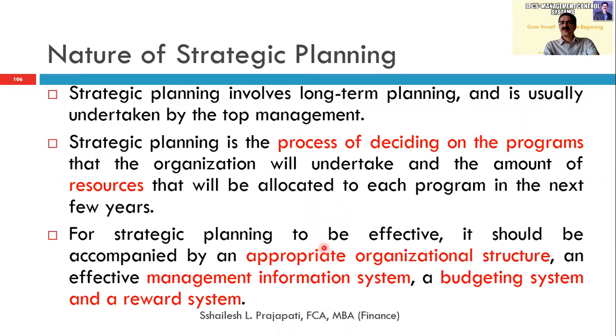For strategic planning to be effective, there are 3 things, friends, required. One is the appropriate organizational structure. There has to be a proper hierarchy, matrix. There will be a line category, a staff category and the management category. And there will be a management information system providing, on a particular hierarchy, to the top management a 1-page summary every week or every month. There has to be data analysis and there has to be a budgetary system.